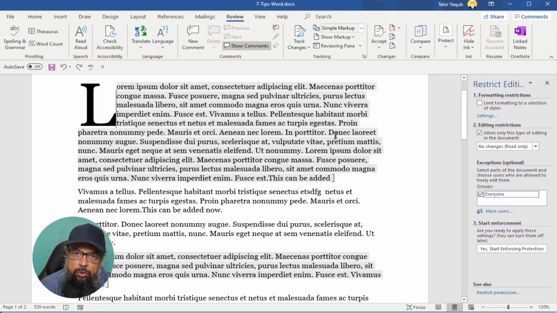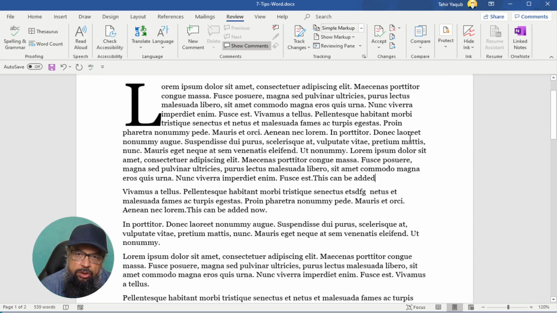And now if you want to remove these restrictions, you click here in this area because it has a different color, then you uncheck here, click outside, then you click in this area, you uncheck and click here. Very simple, and now your document color will return back to the original color. And now I can close this. So this is how you can password protect your Word document.